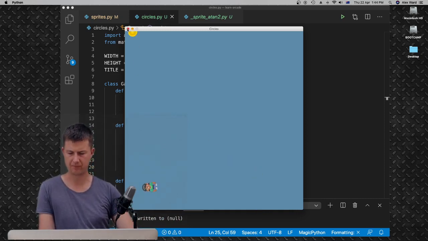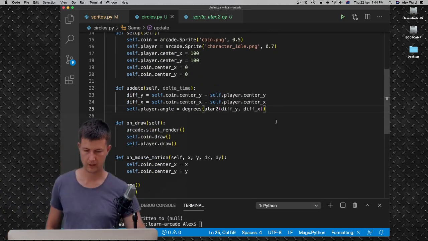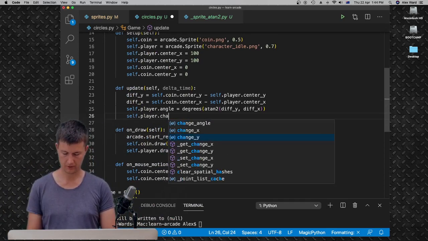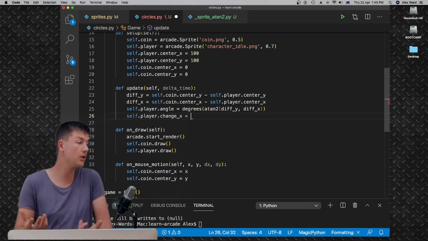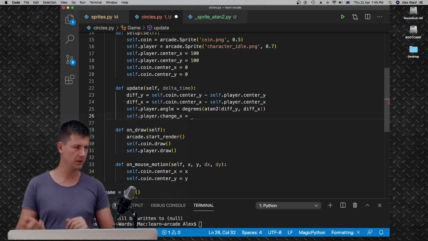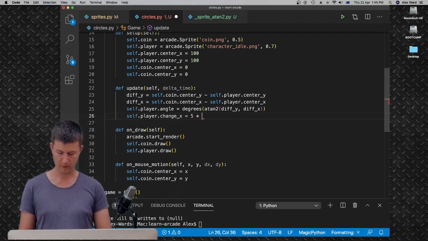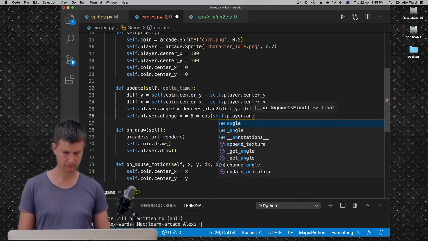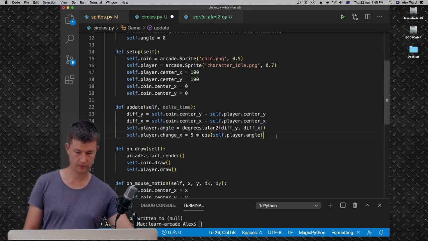Cool. What's next? Let's get that motion happening. So we've now got that angle. So let's go self.player dot change x is going to equal our velocity, whatever our velocity wants to be, which is probably, I don't know, 5 times the cosine of self.player.angle. And